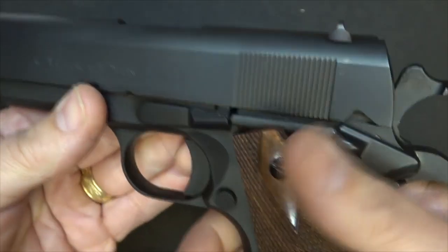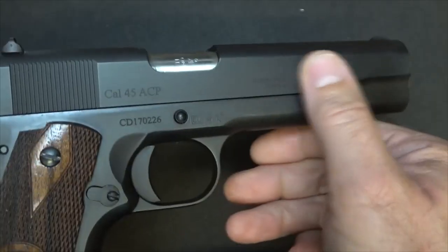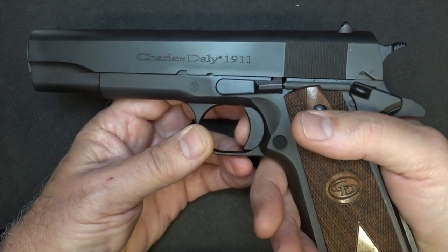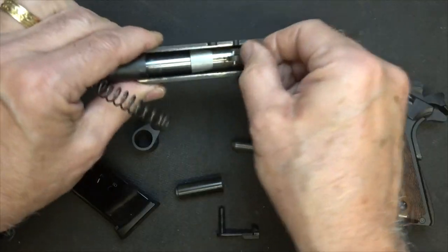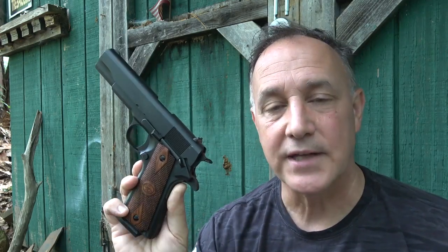This handgun is. Why is that hammer in the rear? Why is it half cocked? It has a manganese finish on it. The hammer's in the rear position. It's nice to have those. No, confused. I'm making this like all screwed up. Imported by Chiappa. Okay. The 1911 is